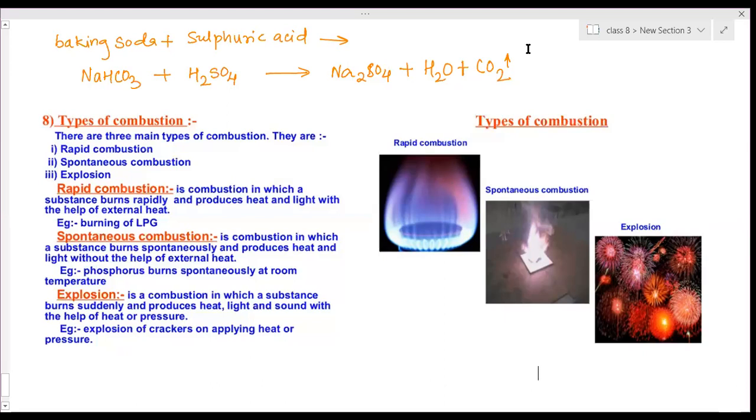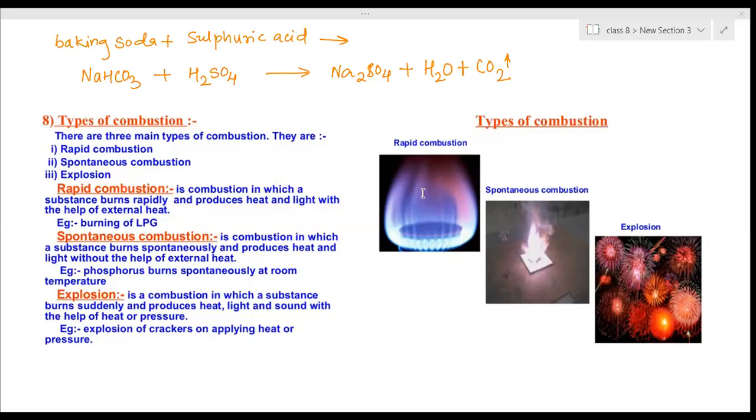Able to understand? Yes, ma'am. Okay, so that means external heat is needed for burning any substance. Then only, if it is burning, it is called rapid combustion. Even for burning petrol, burning of anything, the strike is needed. A sufficient amount of heat energy has to be provided to that substance, then only it will catch fire. Immediately, by itself, it won't catch fire. So we have to provide it external heat, then only it will.